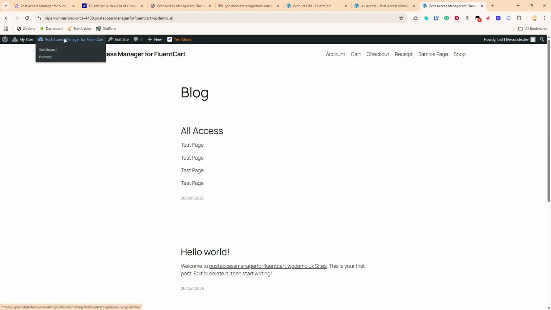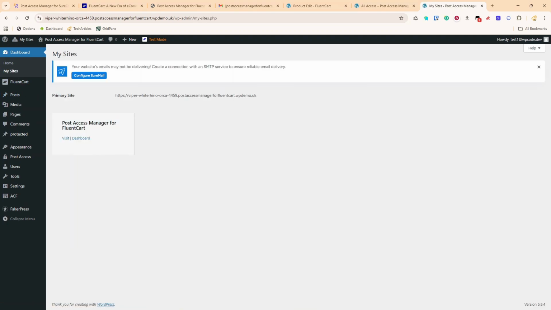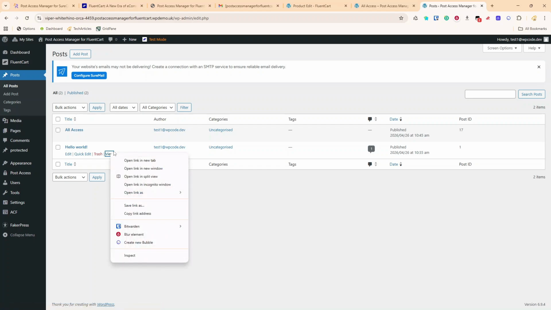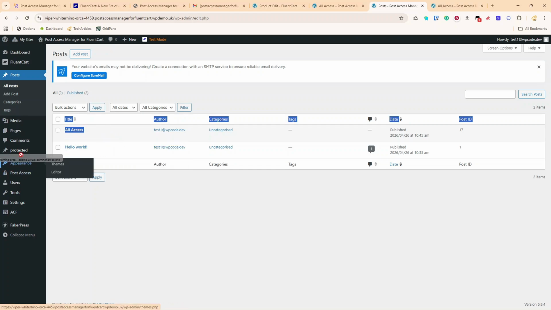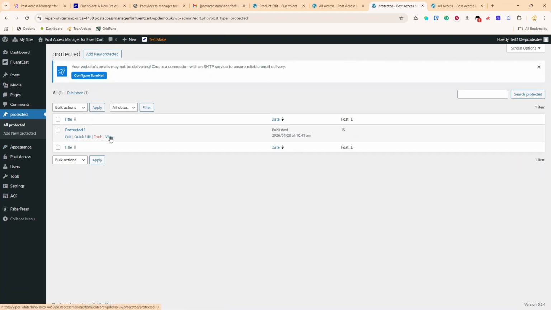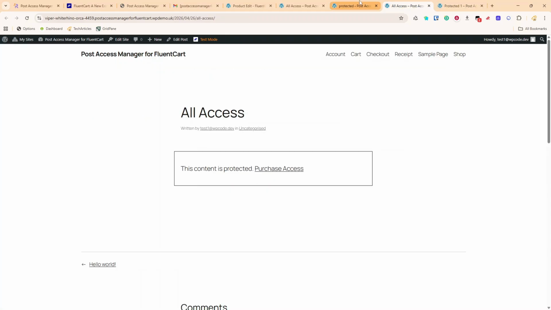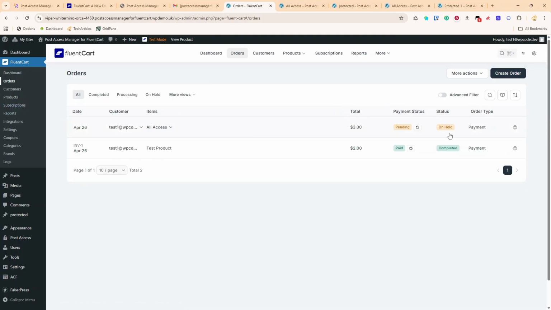So let me go here, post, view, All Access post. And if we go to protected, like so, they're both protected. And if we now go to our product and our orders, and we finish this All Access payment